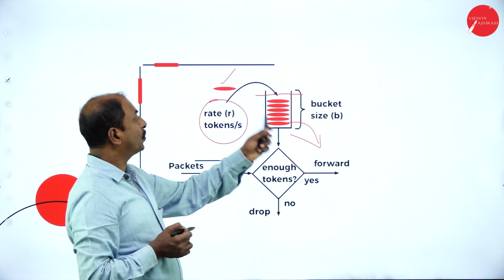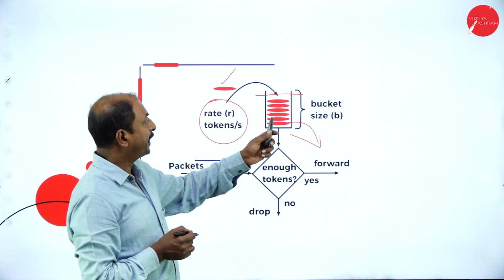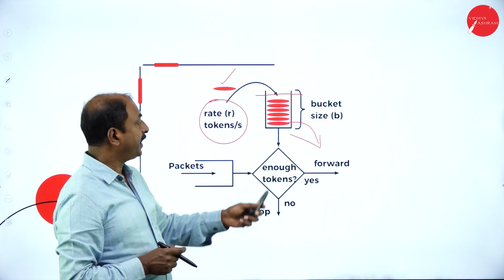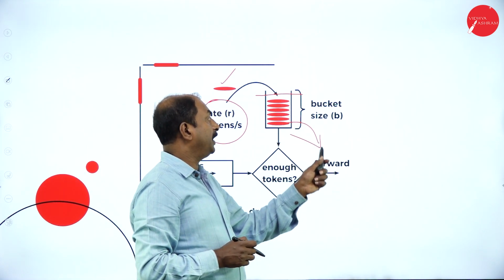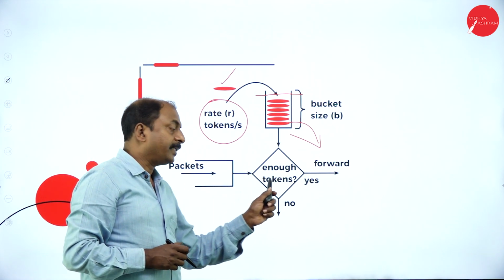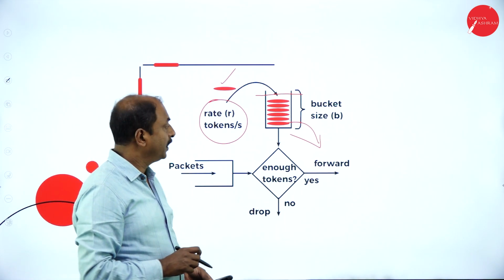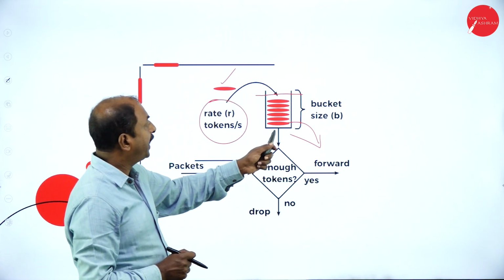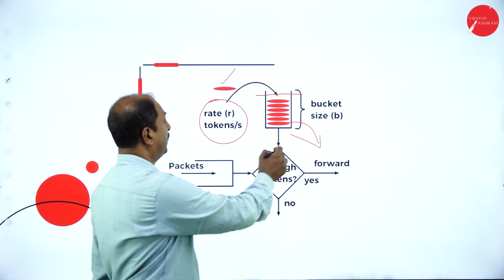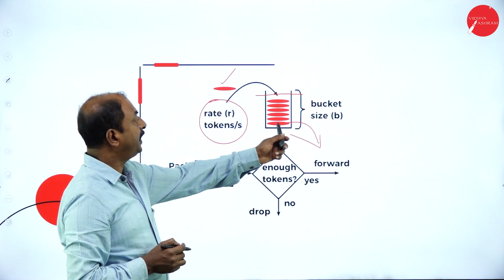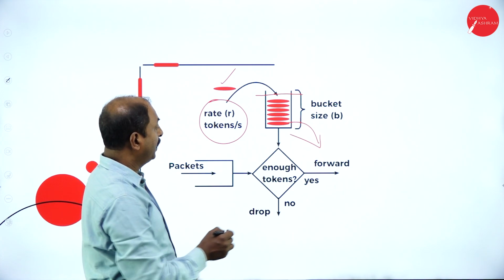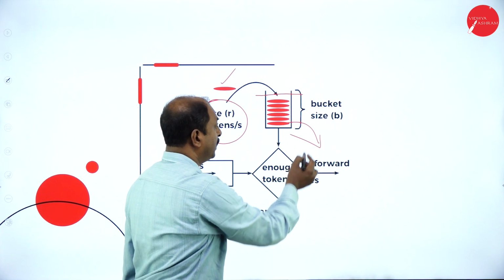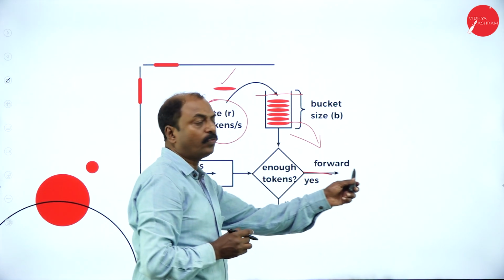If there are no tokens, in the sense that the bucket is empty, it means there are not enough tokens, so the bucket cannot release any tokens. So data packets cannot move forward in the network. If the data packet is to move forward, a token has to be released from the bucket. At a regular interval of time, tokens are released from this bucket, and it checks the condition here. If there are enough tokens, it will be released so that the data packets move forward across